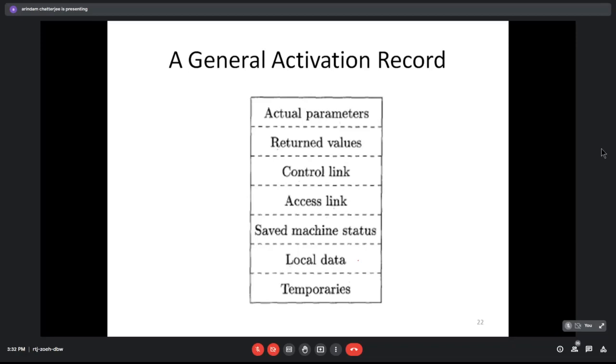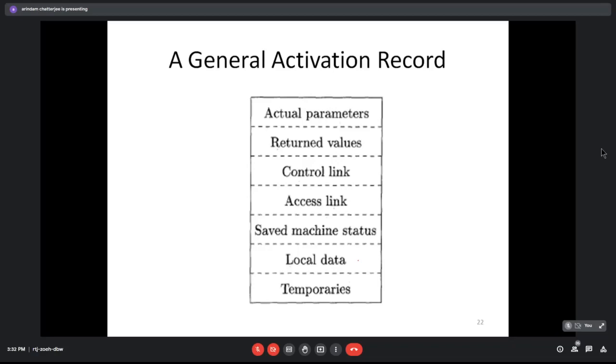Yeah, it could actually be the registers, particularly things like the control register, status registers, processor status register, for example. Okay, so these are very important things. Local data, temporaries: you are creating temporaries and they go away after the function call returns.